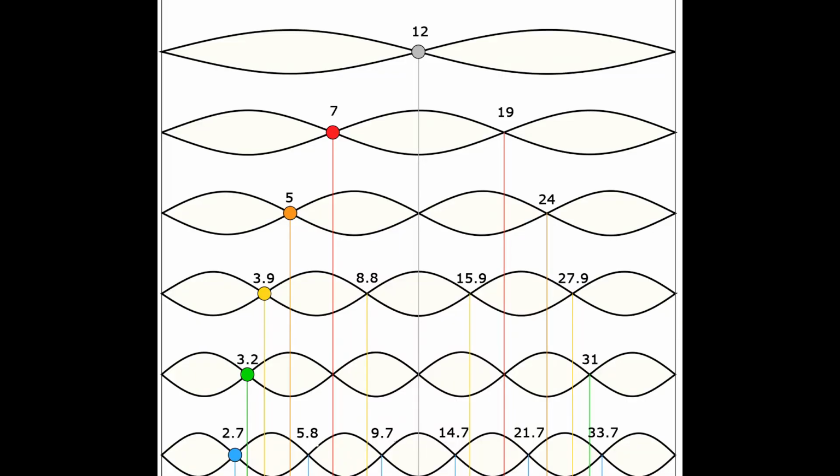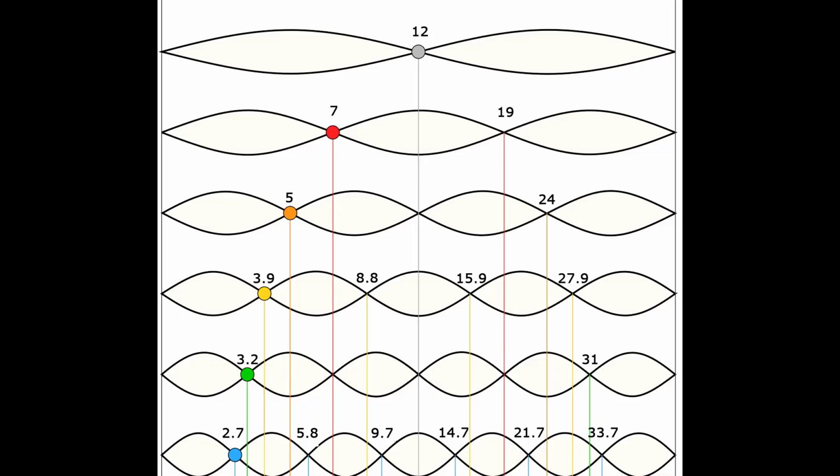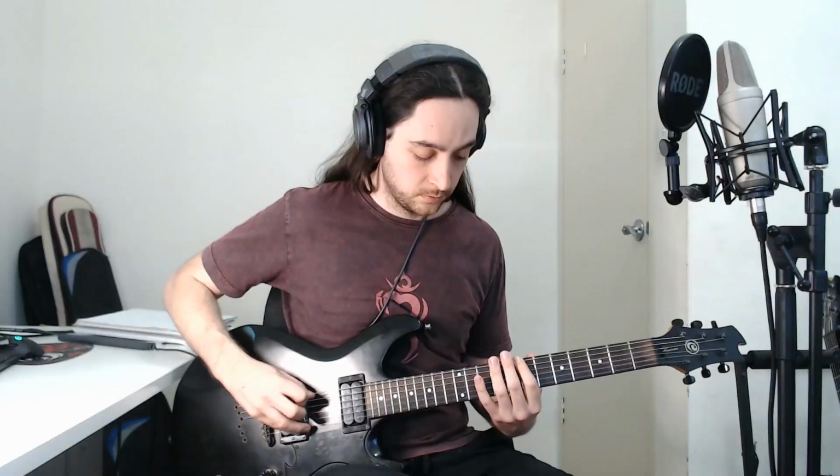On this new image, we've got the respective frets for the harmonics. If you play a harmonic on any of these frets, you will achieve that harmonic. So here's the 12th fret. Here you can see the 7th and the 19th have exactly the same sound,